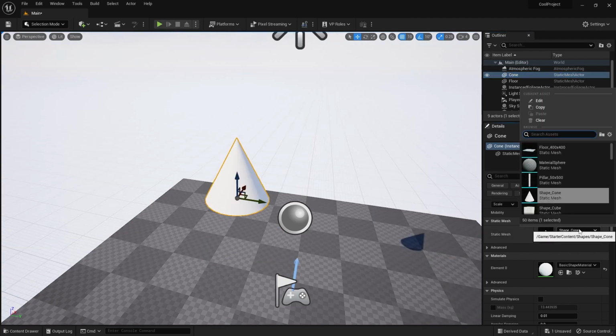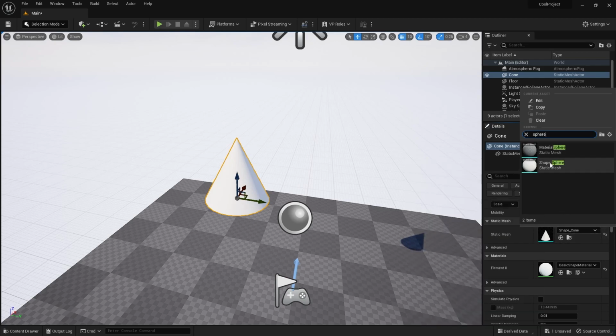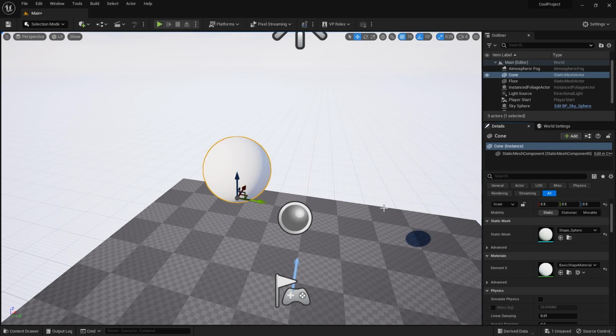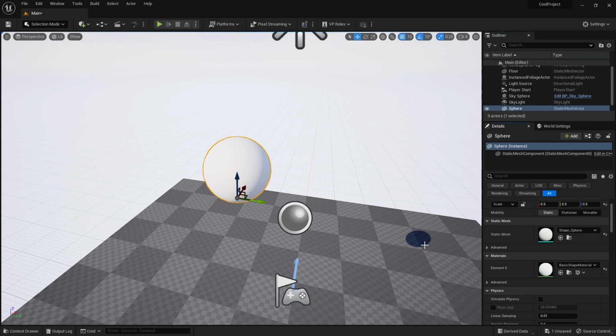Or I could type sphere, pull up a couple different spheres, and now I have a sphere. Again, F2, change the name to sphere. So while Unreal has added modeling tools with Unreal 5, it's not necessarily considered to be modeling software. So generally, artists would make these static meshes outside of Unreal in software like Maya or Blender, and then